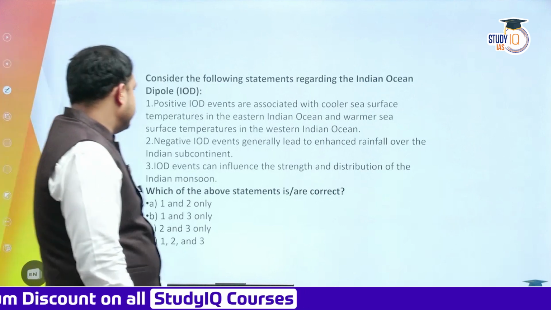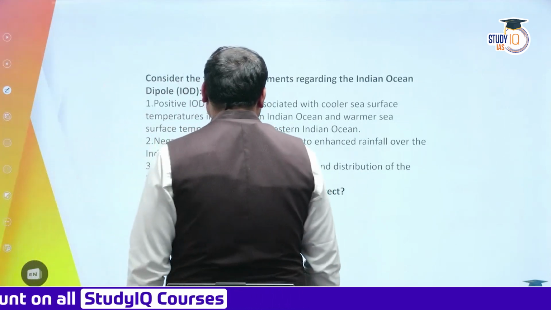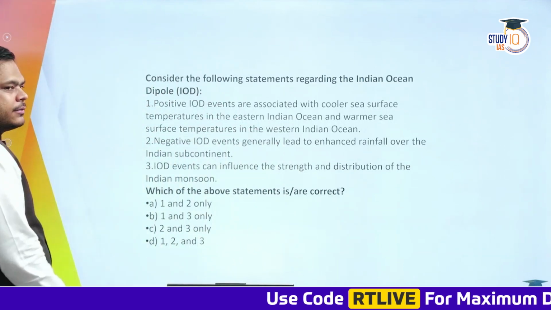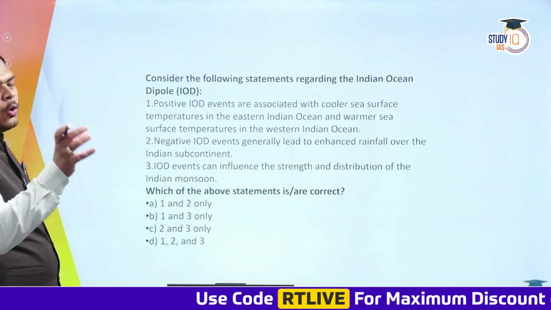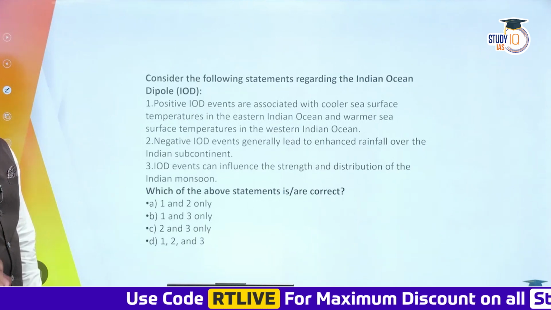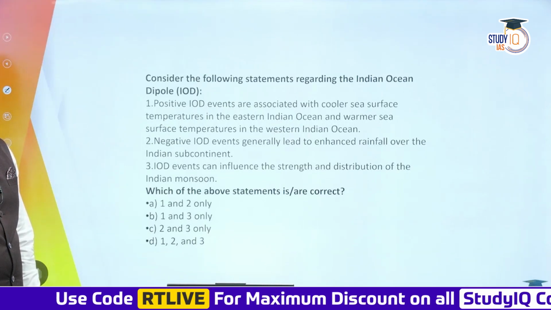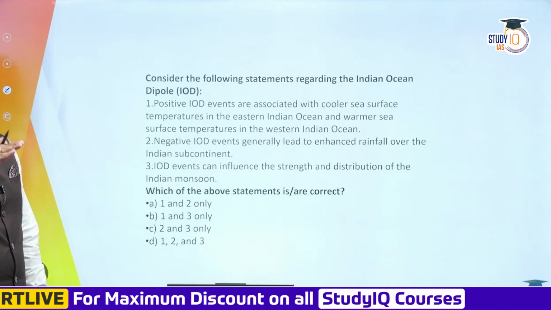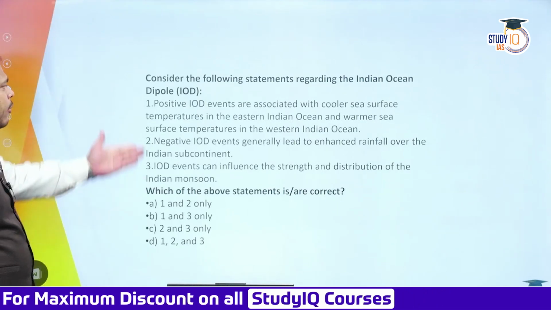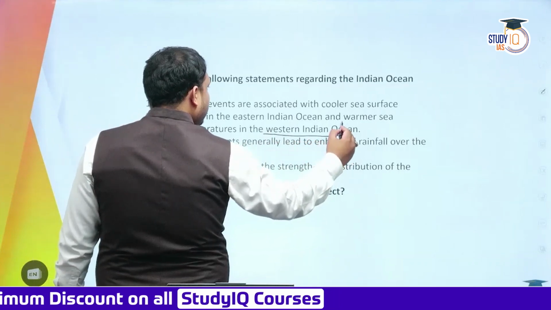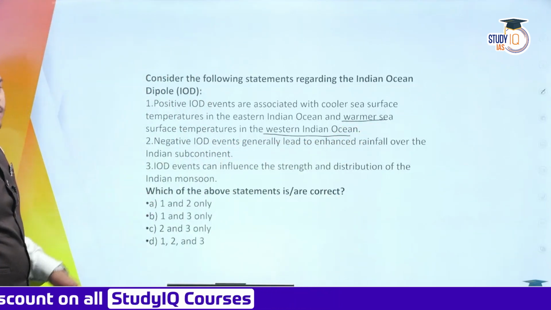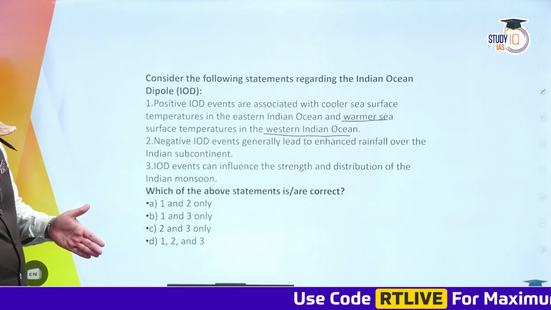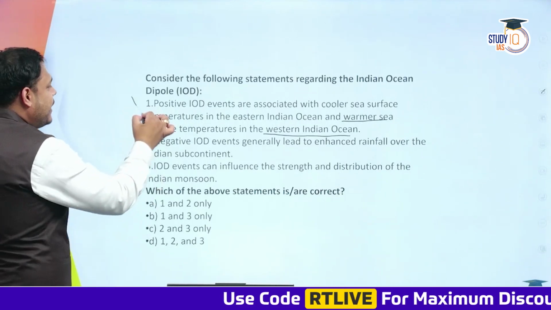Positive IOD events are associated with cooler sea surface temperatures in the eastern Indian Ocean and warmer sea surface temperature in the western Indian Ocean. ये सही है क्या? यार नॉर्मल IOD कंडीशन में क्या होता है? नॉर्मल में ऑस्ट्रेलियन कोस्ट पर क्या होना चाहिए? हाई प्रेशर, बिकॉज वहां पर ऑलरेडी क्या है? वेस्ट ऑस्ट्रेलियन करंट, दैट इज कोल्ड. तो ये क्या बोल रहा है? पॉजिटिव आईओडी में क्या है भैया? वेस्टर्न इंडियन ओशन में टेम्परेचर्स क्या है? वार्मर है, नहीं। पॉजिटिव आईओडी क्या होगा? नॉर्मल कंडीशंस का एग्जेजरेशन, उसी को जब आप स्ट्रॉन्ग कर दोगे। सो दिस स्टेटमेंट इज रॉन्ग।